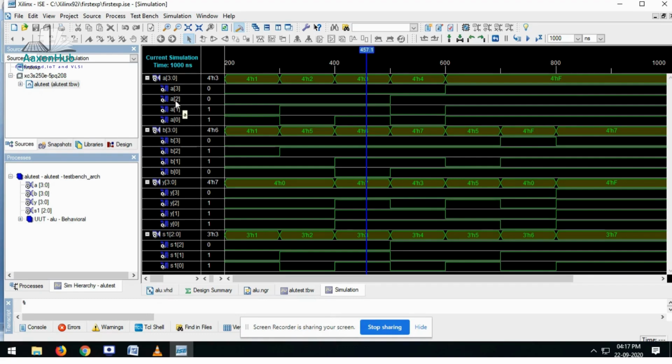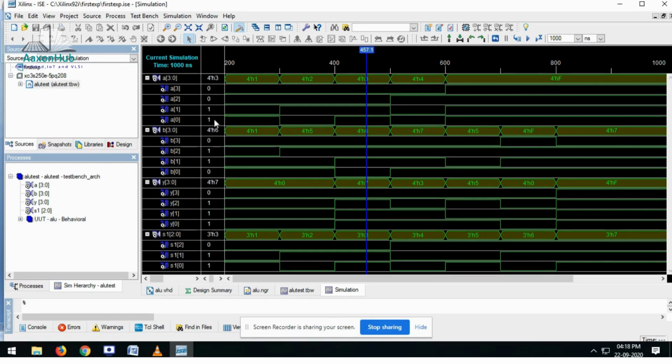Another case, A2 bit value is 0, B2 bit value is 1. So 0 OR with 1, the resultant output, which is Y2, is nothing but 1. Let's look at it. A1 bit value is 1, B1 bit value is 1, resultant output Y1, and 1 OR with 1, output will be 1.